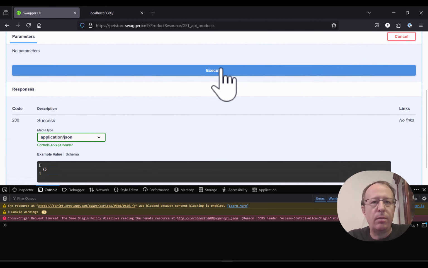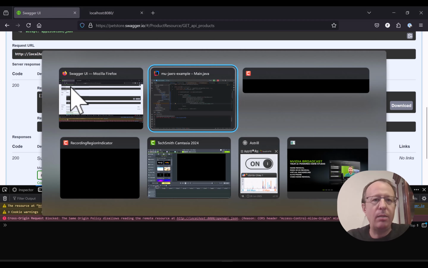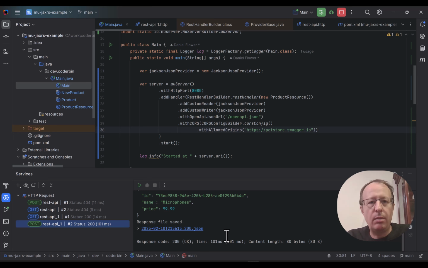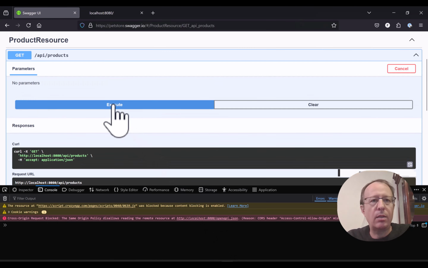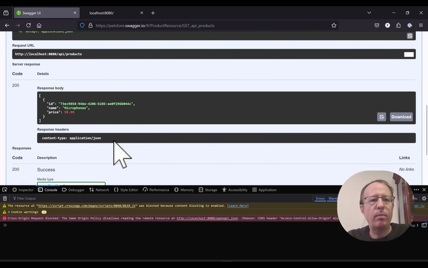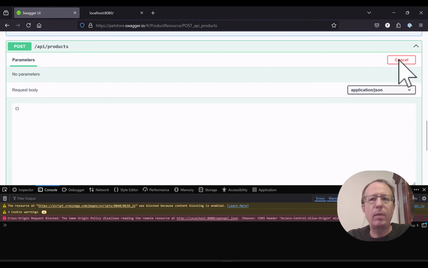If I call this, we should get an empty response. Remember, we're in memory database, so every time I've been restarting, we've lost all the data. But we can come back here, we can run this post again, and now if we execute this, we're getting a microphone back.